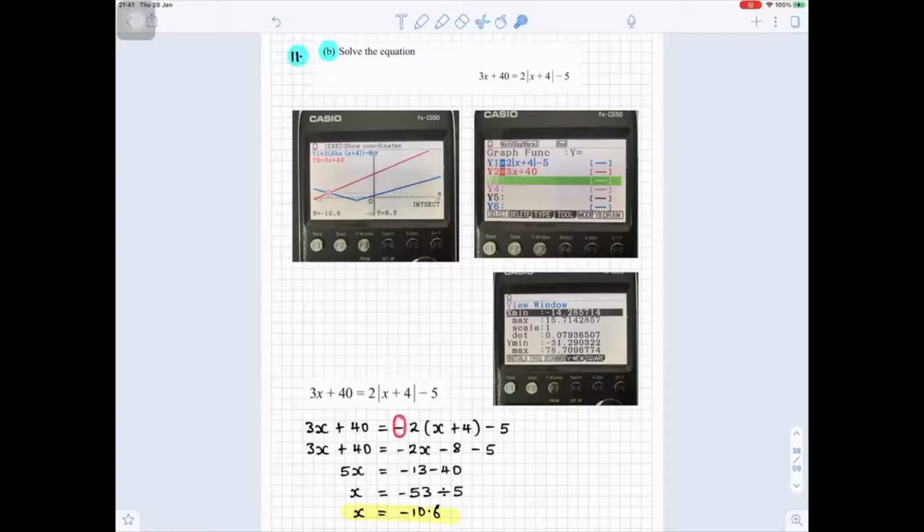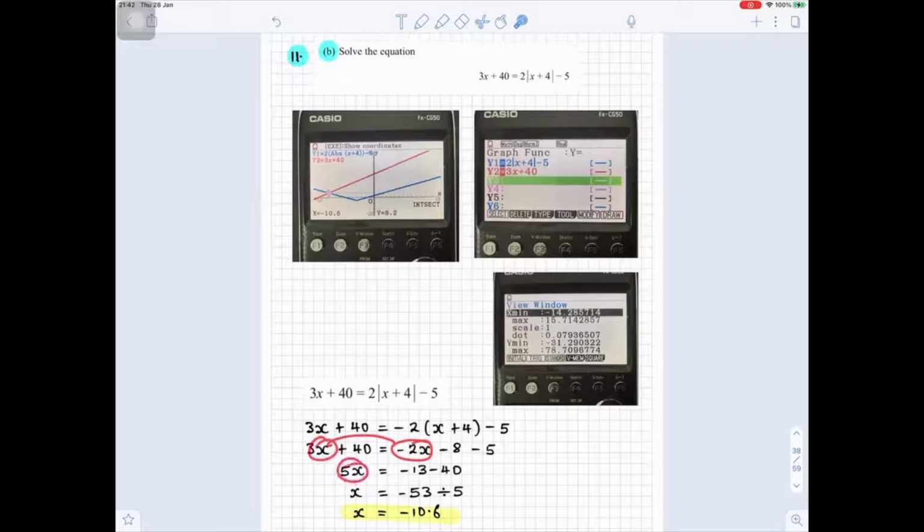You will use the minus version first. So you put minus in front of the 2, bracket x plus 4, bracket -5. So remove the bracket. -2 times x is -2x. -2 times 4 is -8, and then -5. So -2x goes to the left. It becomes +2x. So 3x plus 2x